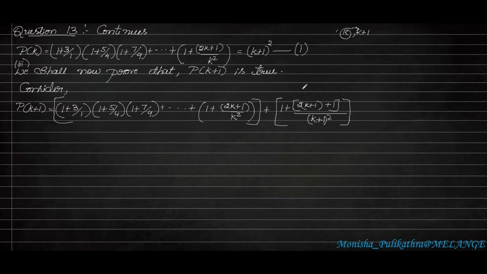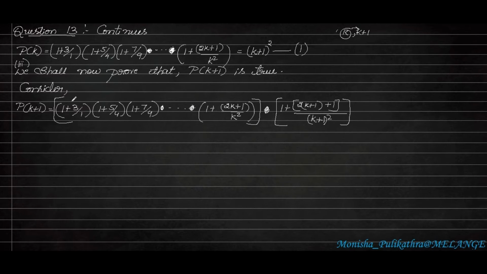So in the place of k, we have to take it as k plus 1, substitute it as k plus 1. So from equation 1, we know that the series will become equal to (k plus 1) whole square. So instead of this whole thing, we can take it as (k plus 1) whole square. Since we can see here, this is a multiplication part. Sorry, we should not take an addition symbol here because it is multiplication. In the previous session also, just change it. It is multiplication because in the whole term, after the bracket they have not used any addition symbol. So just erase this addition symbol here.